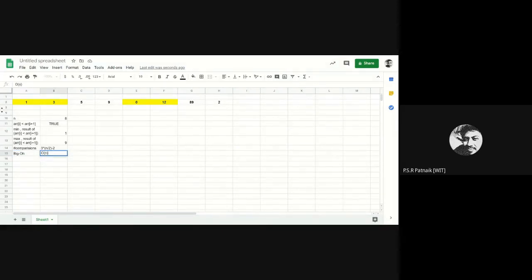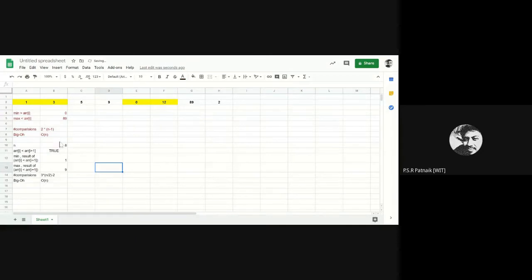So now if I compare this with my earlier approach, which is better? This is better or this is better?